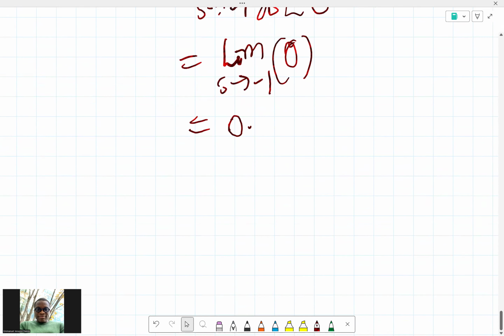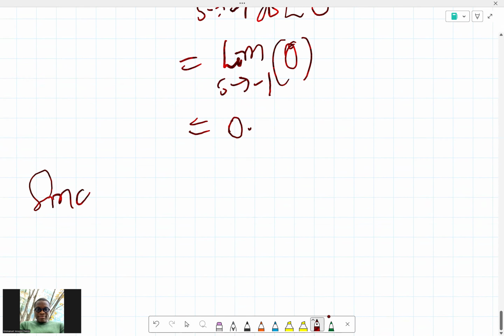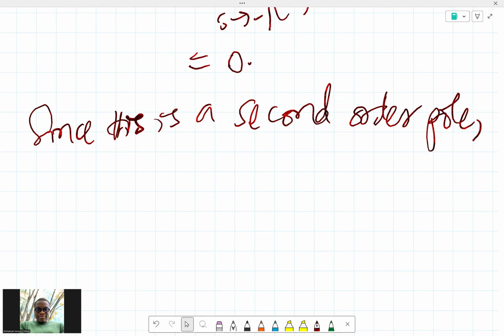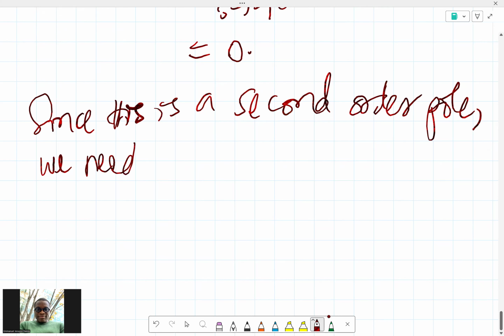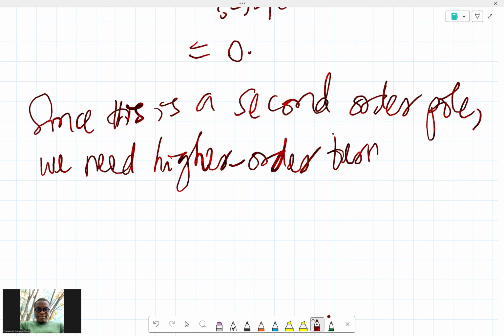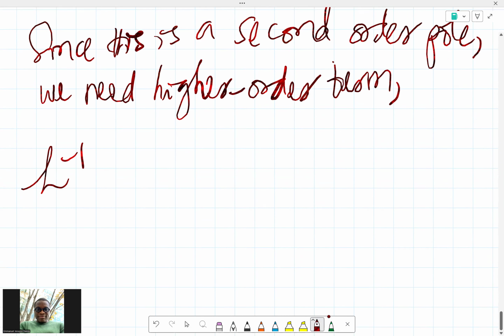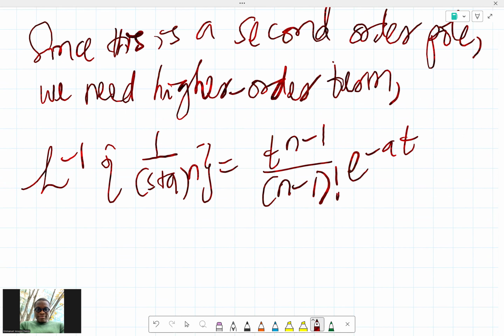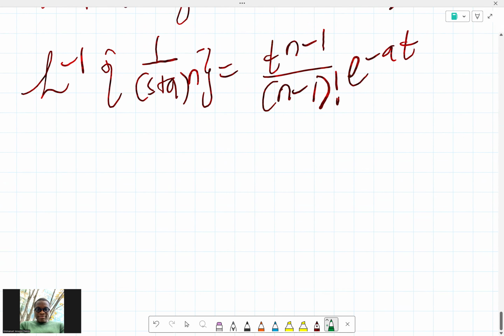So what that simply tells us is that, since this is a second order pole, we need a higher order term. That means that the inverse Laplace transform of 1 over (s plus a) raised to power n will be required, and that's usually t raised to power n minus 1 all over (n minus 1) factorial, e raised to power minus at. So using this formula,